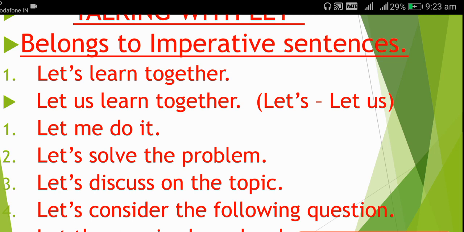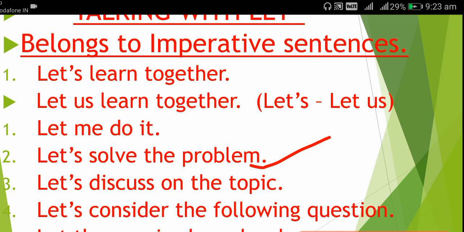So let's solve the problem. Problem solve करें. Let's solve the problem. Now if we have to solve the problem,